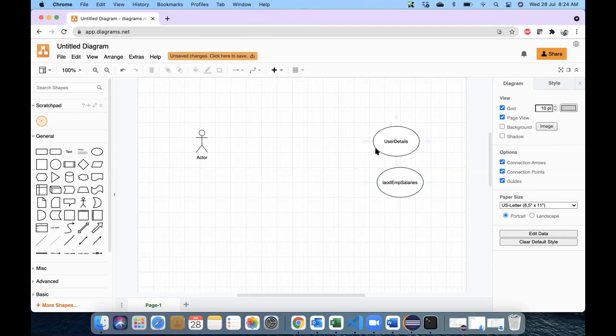But the logic written within those is going to be repeated, and once again it will be redundancy.